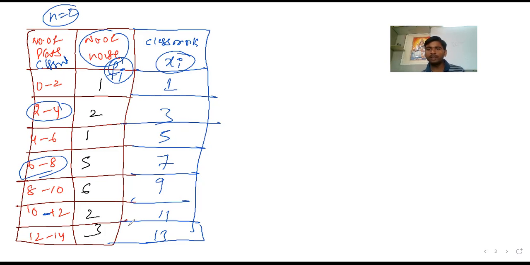For any question, you need to find out the class mark in such a way. I think you must be clear about how to calculate the class mark for a given problem. I think you must be clear, right? So this is the fundamental thing required. Let us go directly to the concepts.